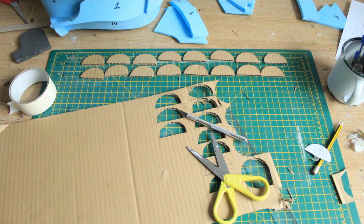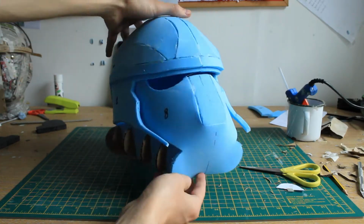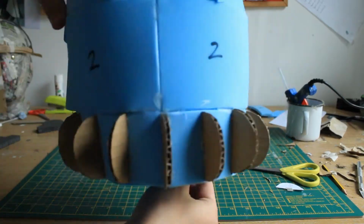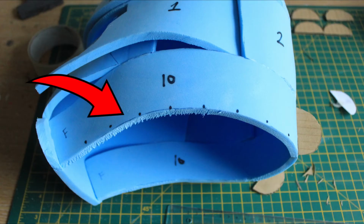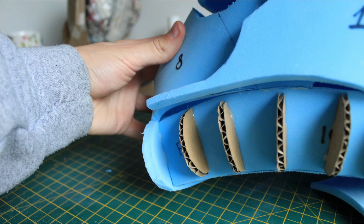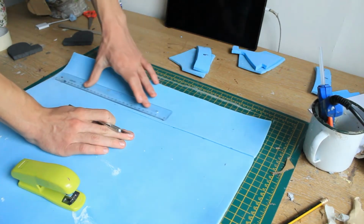So perhaps the most difficult section of the mask to create is the bottom curved edge of the helmet. I'll start off adding on piece 9, the semicircle in the templates, at intervals of 3 centimeters apart to work my way along the edge. And then I cut a straight strip of foam that was 9.5 centimeters wide,